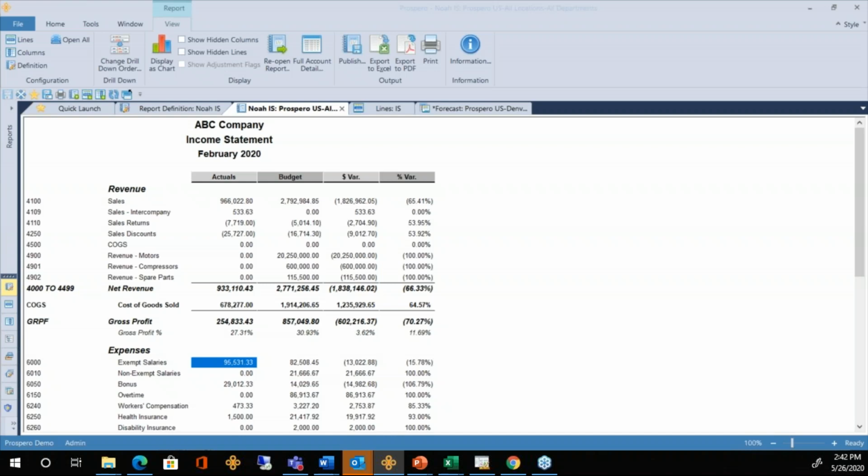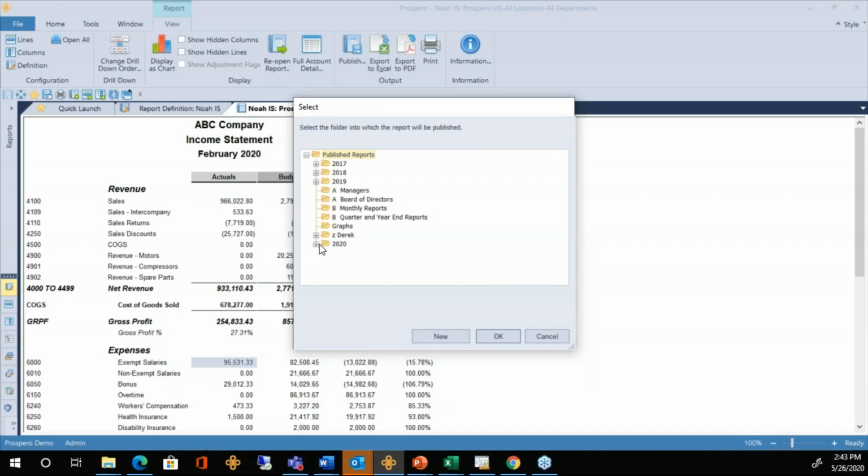Any report that you look at here, you can send these out with the icons at the top to Excel, send it out to PDF or to the printer. And we also have that publish option where you can archive this copy of the report. So you can save these numbers exactly as they are in the Prospero SQL database so that you know these are the numbers on this date when you ran this report. It doesn't matter if you go out tomorrow and change something in the journal ledger, you've always got this copy if you publish it.